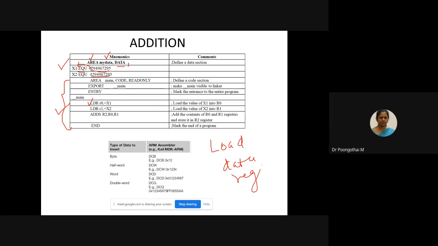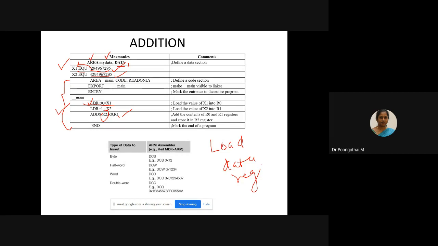We have already assigned this 32-bit value to X1, so after execution, your R0 holds this value. Next instruction, LDR R1, =X2. After execution, R1 holds this value. In this way, we can access the data elements from the data section using the LDR instruction. After that, you can use any arithmetic operation, and the result will be stored.